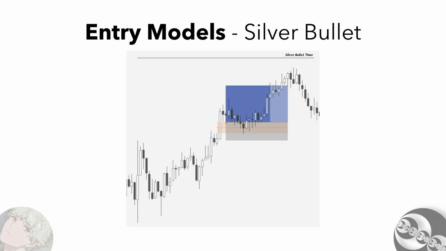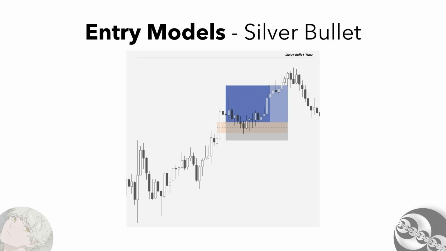Next up, we got the silver bullet. I don't really like this entry, but it is one of the easiest entry models to use. The silver bullet entry is based off of the silver bullet time window, which is between 10 to 11 AM. And in this time window, you enter off of the first fair value gap that's created in direction with your high time frame bias. The stop would be above or below the candle that created the fair value gap, and